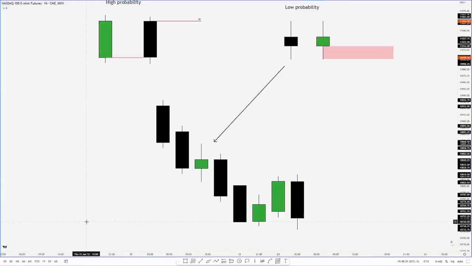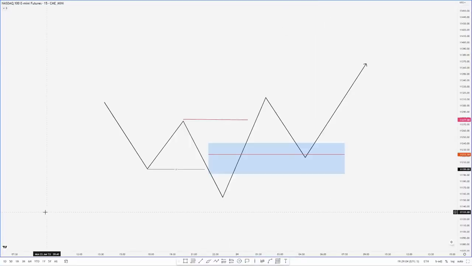Generally, I only use the low probability order blocks when we are either in a downtrend or uptrend, and that is the only up close or down close candle in the range. I will then use the wick to the open of that candle, and that will be my point of interest or entry. So now that you understand the structure and what we are looking for, let's move to the charts